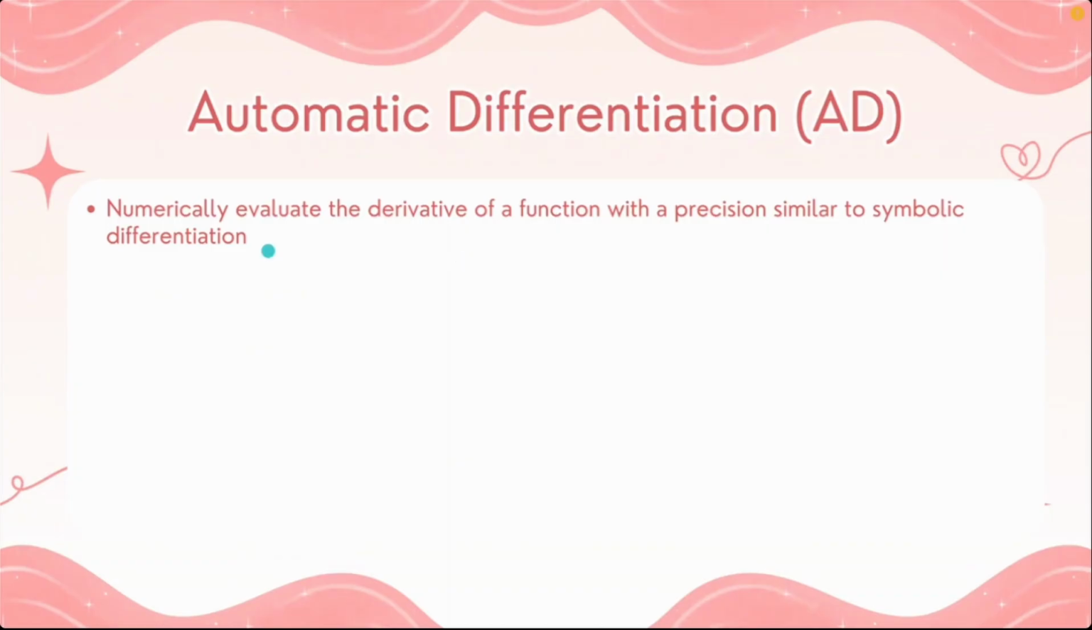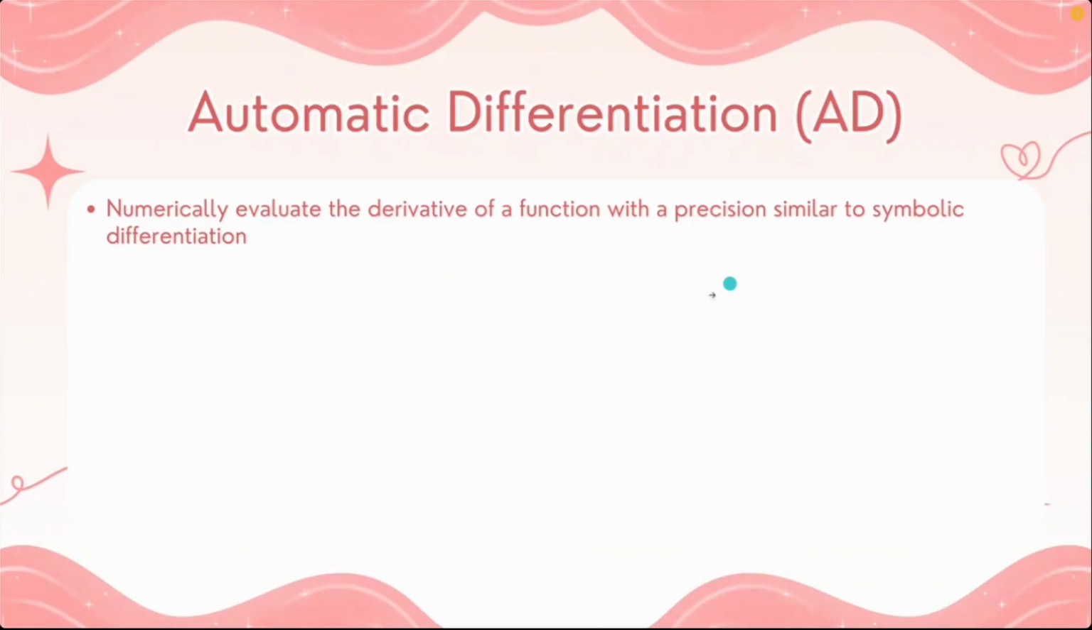Now we come into automatic differentiation, that is currently the de facto standard, you can say, in all the deep learning frameworks, as well as a lot of standard computing frameworks. So what automatic differentiation does is numerically evaluate the derivative of a function, and it guarantees a precision similar to